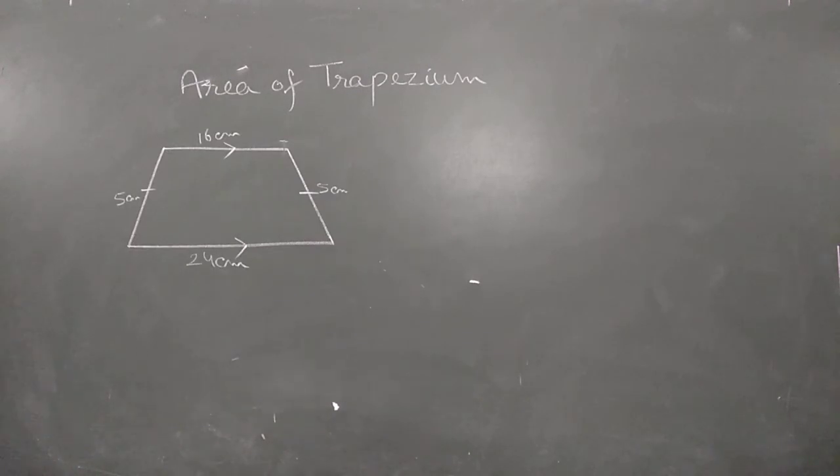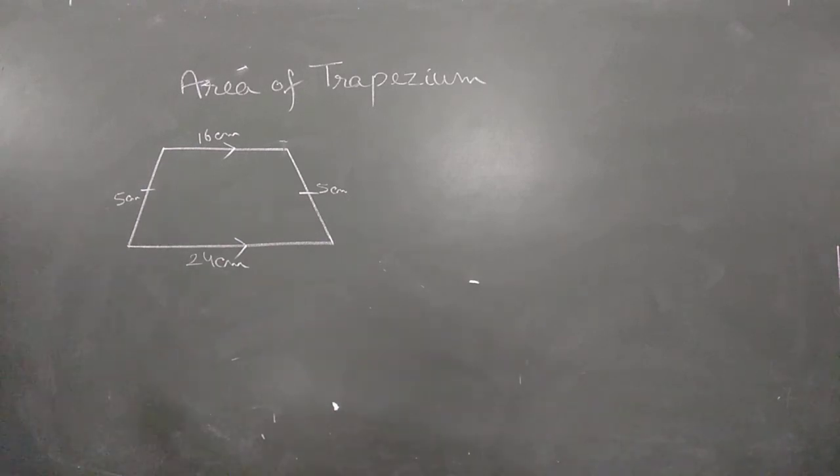In this question it is given that there is an isosceles trapezium having parallel sides with length 16 centimeter and 24 centimeter, and the non-parallel equal sides of the isosceles trapezium are equal to 5 centimeter each. The question says to find out the area of the trapezium. How do we find it if we don't know the height of the trapezium? So first we are going to discuss the height. So to find the height we solve likewise.